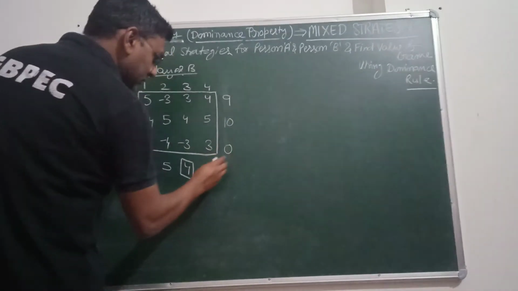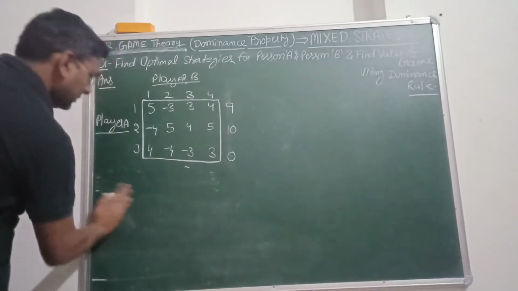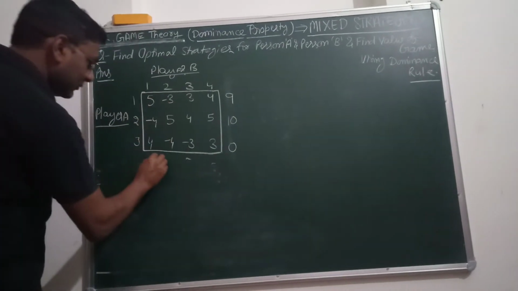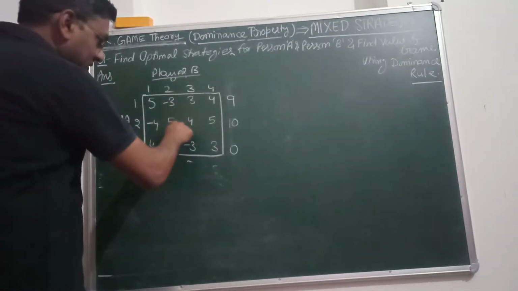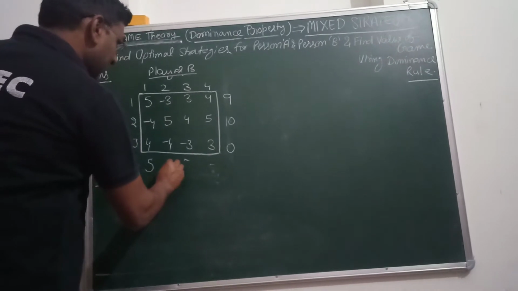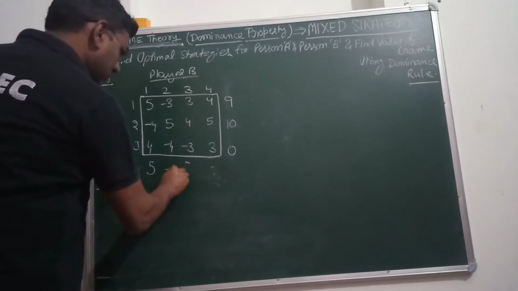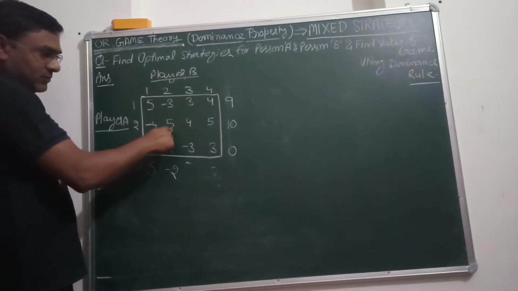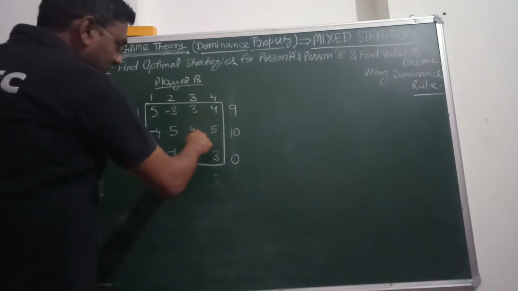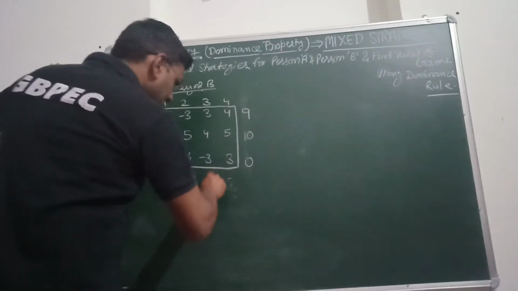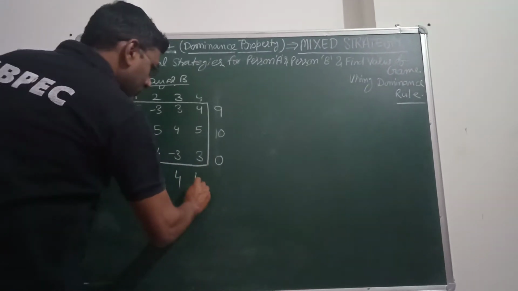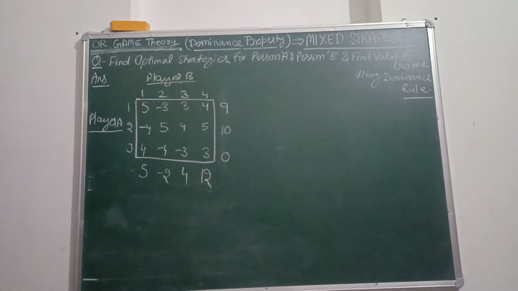Okay, similarly for the columns also, add the values of all the column entries. 5 minus 4, this is 5, this is -3 minus 4, this is -2. You have to add them. -3 minus 4 is -7 plus 5 is -2. 3 plus 4, this value is 4, and this is 4, 5, 3, this is 12. Okay, so these are the values.